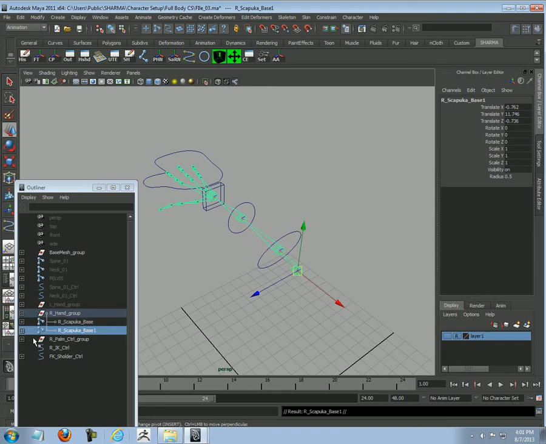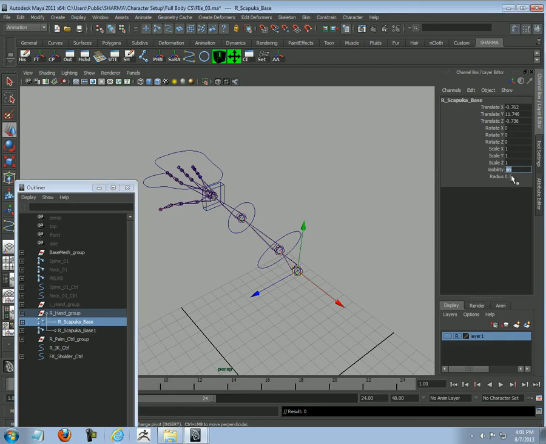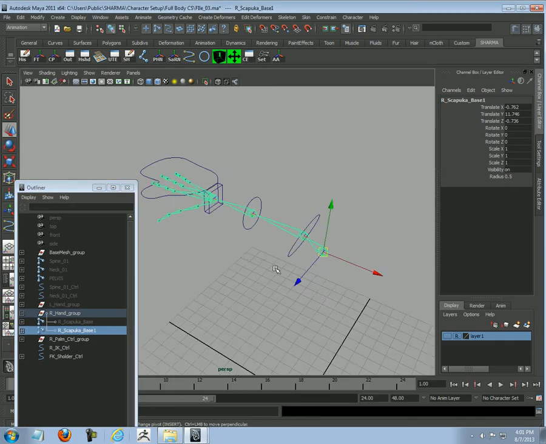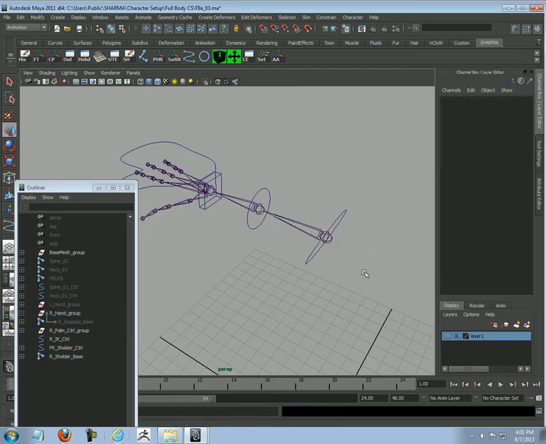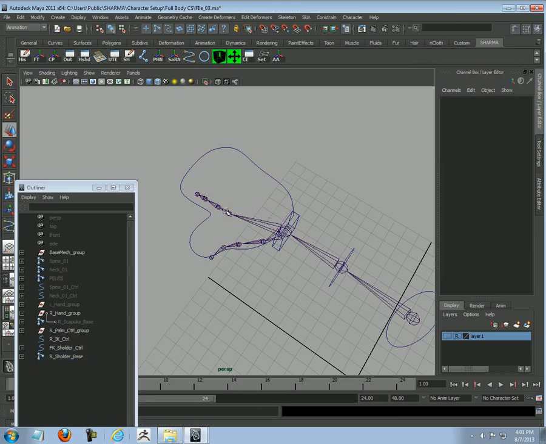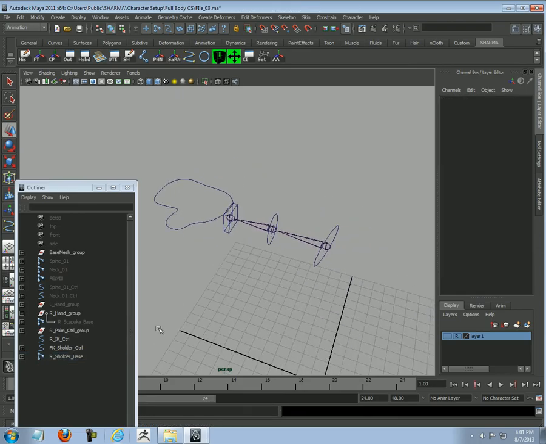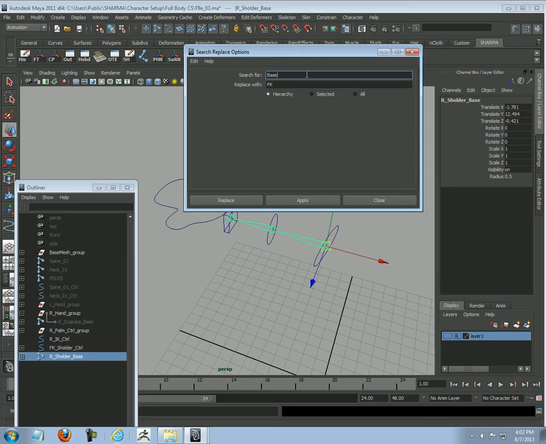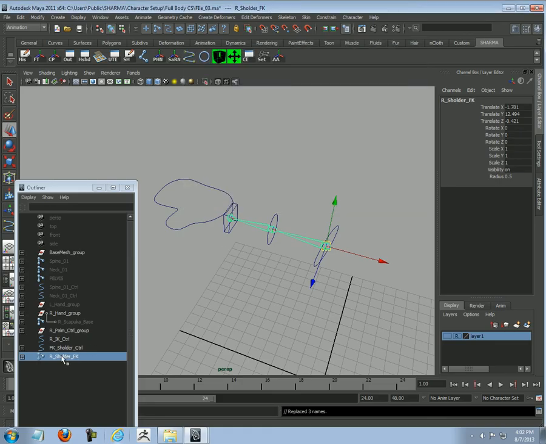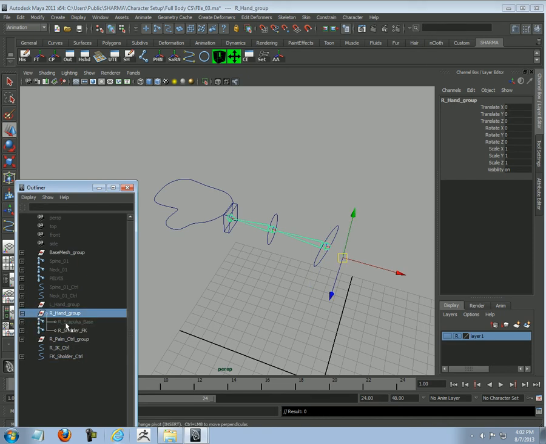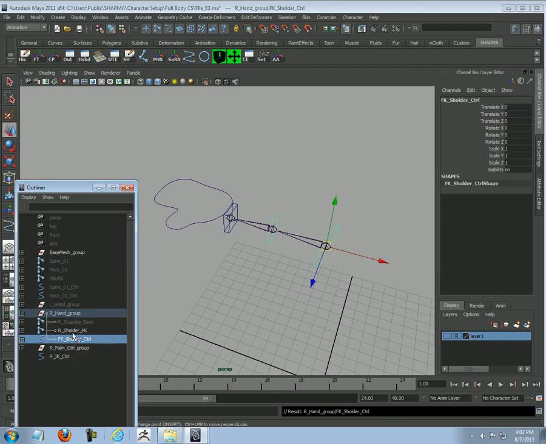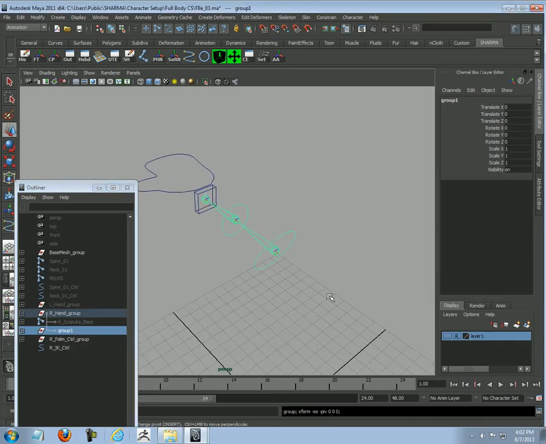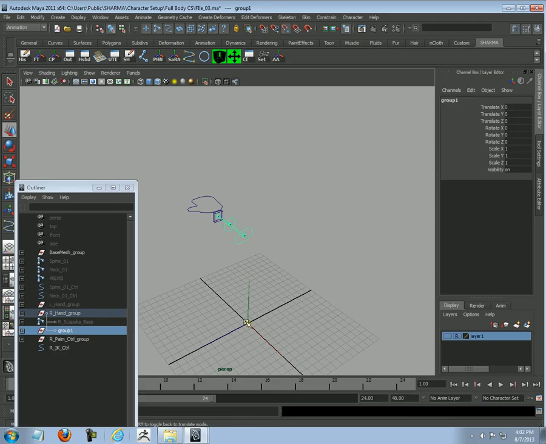Duplicate this joint structure and hide our base, and take this guy, Shift P, delete, and delete all the fingers, and this joint structure, rename them. Search for the base and replace it with FK, so it becomes my FK joint. Put it into the R hand group, that is my FK, and my FK controller I also keep inside of the same group. Take together, group it, group pivot should be at the shoulders,